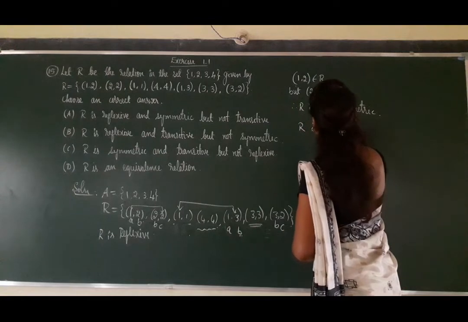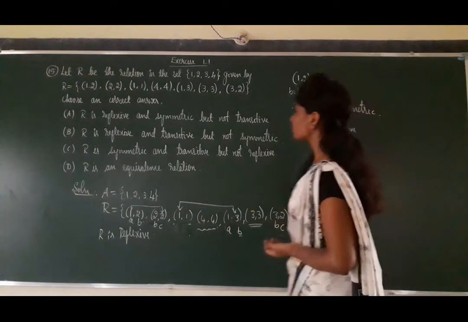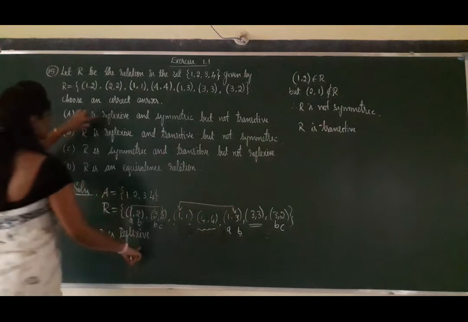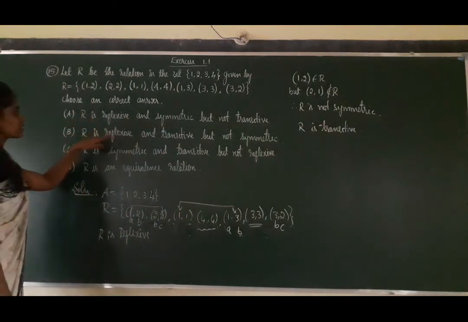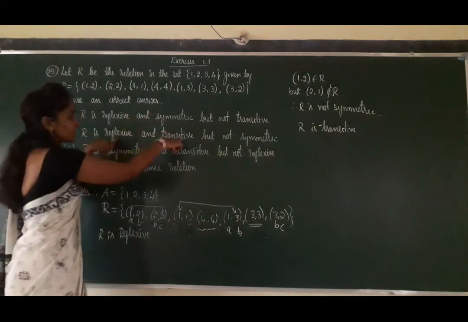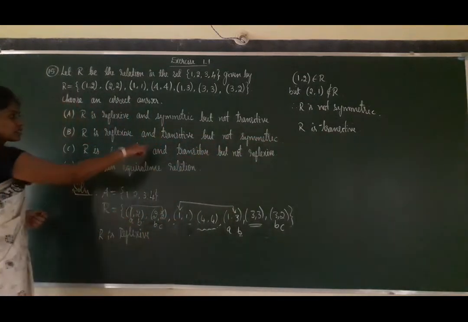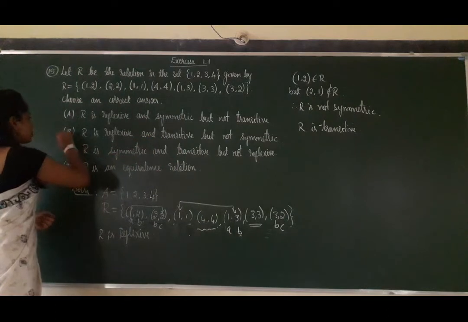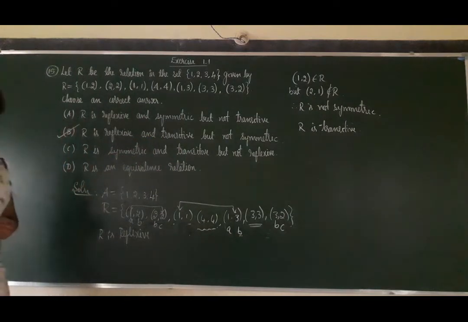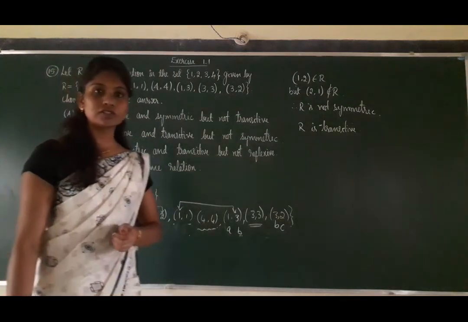Okay, observe which option comes. R is reflexive, R is transitive. R is reflexive and transitive but not symmetric. So option B is the right answer. Is it clear? And the last question of this part is